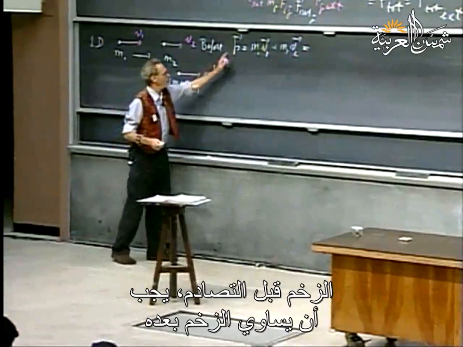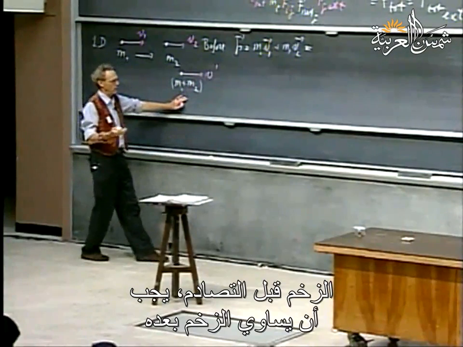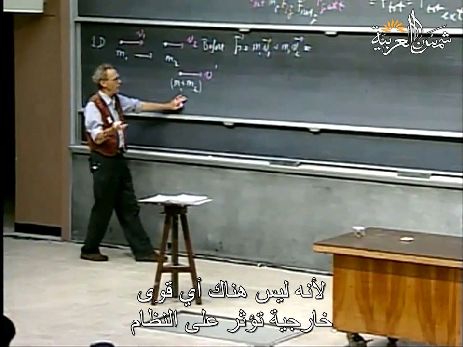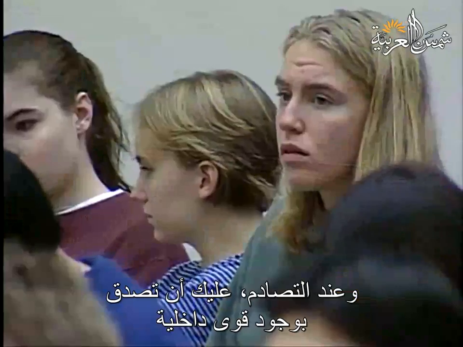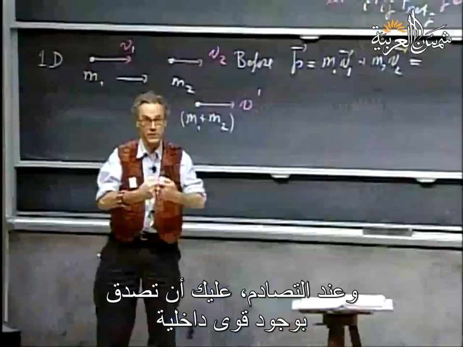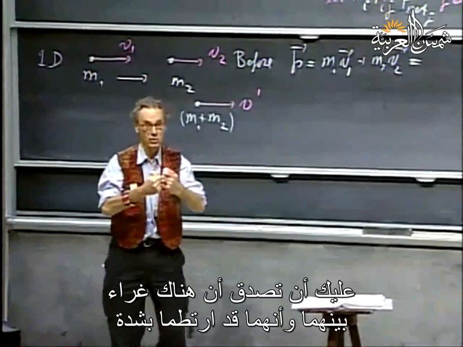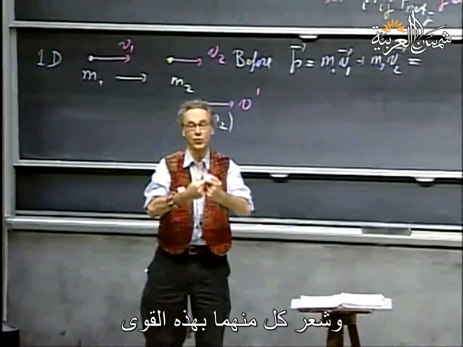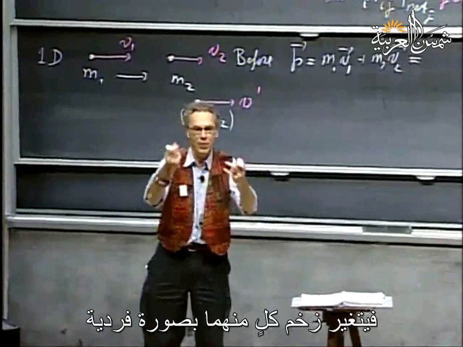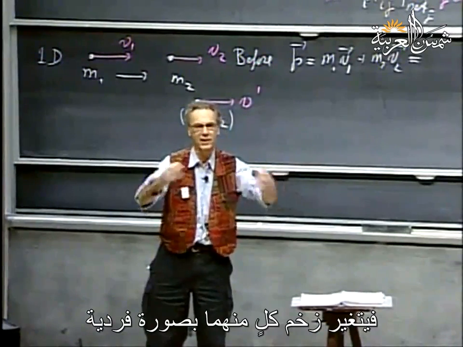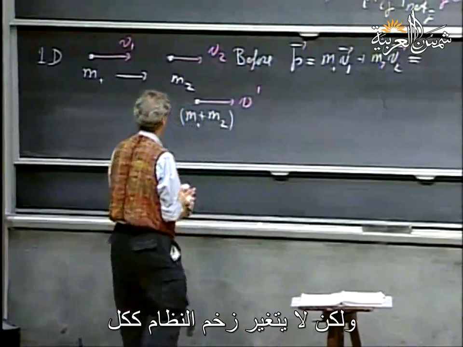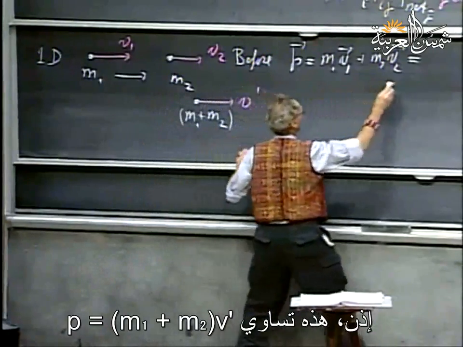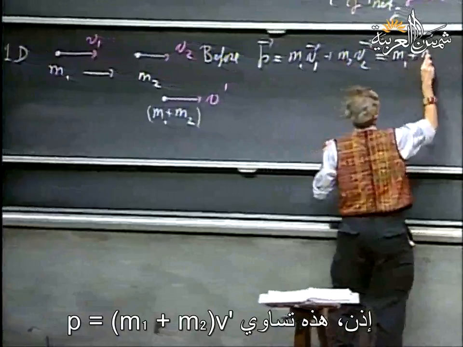The momentum before must be the same as the momentum afterwards because there are no external forces on the system. When they collide, you better believe that there are internal forces. You better believe that there is glue. And it goes plunk, and they feel those forces, both of them. The momentum of each one individually is changing, but not the momentum of the system as a whole. And so this equals m1 plus m2